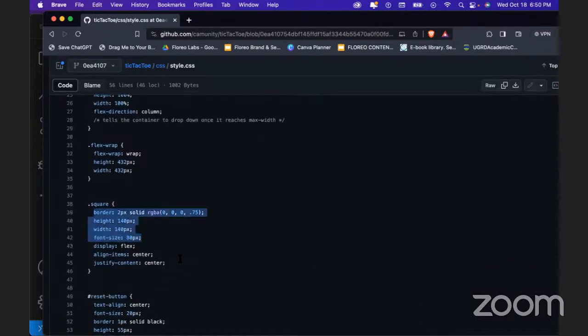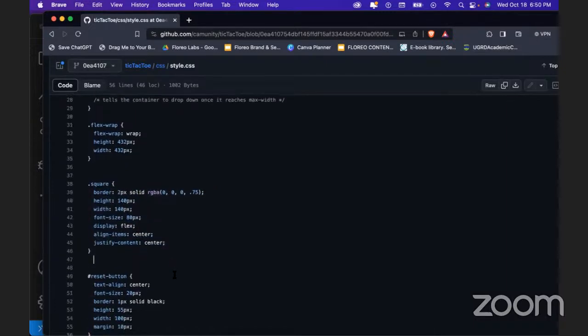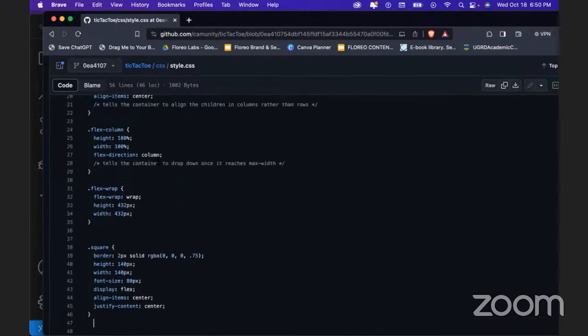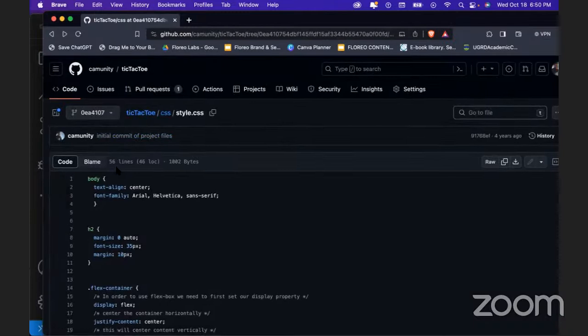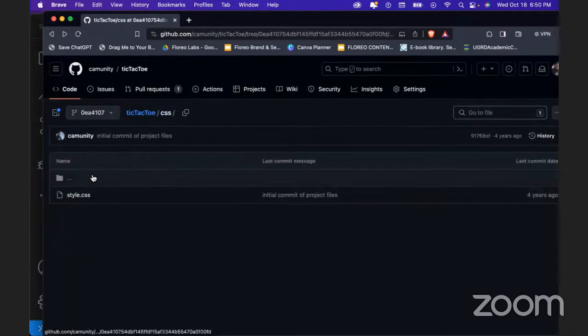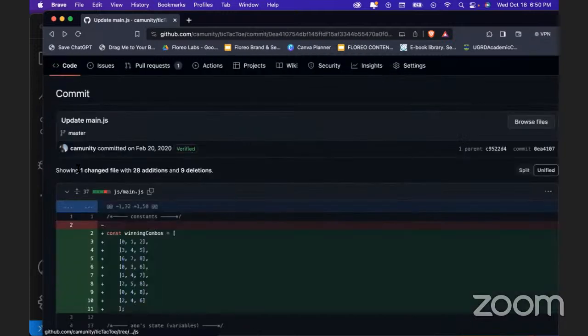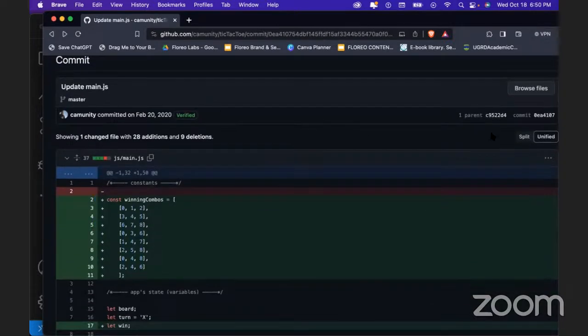And each of the squares to have some border around it so that we actually see our board, right? So just a little bit of CSS here to make the board actually look like a board. And finally, we have a JavaScript file that we used in order to do